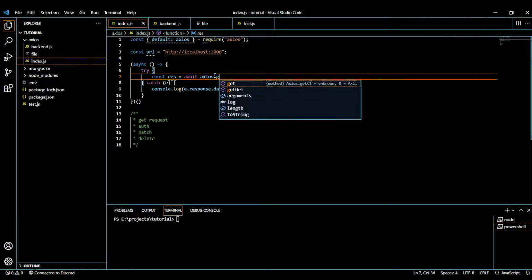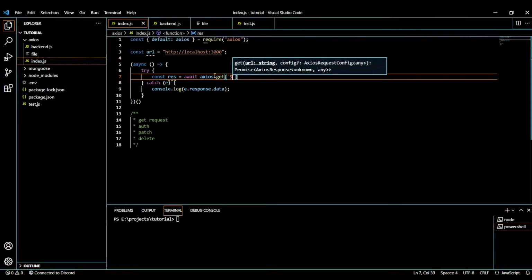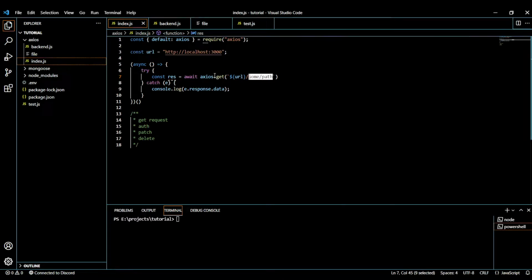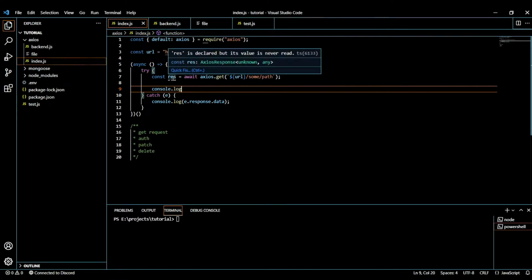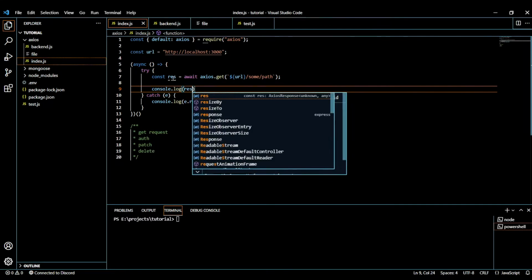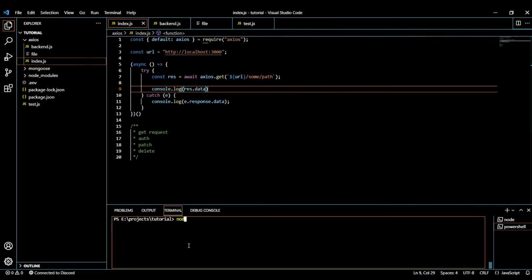For that we will just do axios.get, and we are going to provide the URL as the first parameter, and the second parameter is for configurations, and I will talk about that later on. Just for now we will do this, and this is our path, and then we are just going to log the response we get. For that we just do console.log of the result. The result is an Axios result, so our main data is inside a property called data. So we just did result.data, and you can see we got our data right here on our console.